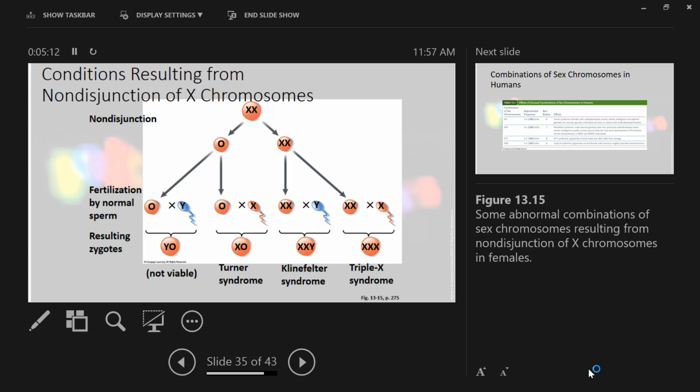But over here, if the mother's gamete gives no X chromosome, but the male gamete gives an X chromosome, you would be mostly normal. It's called Turner syndrome, where you have one X chromosome and no Y. Well,